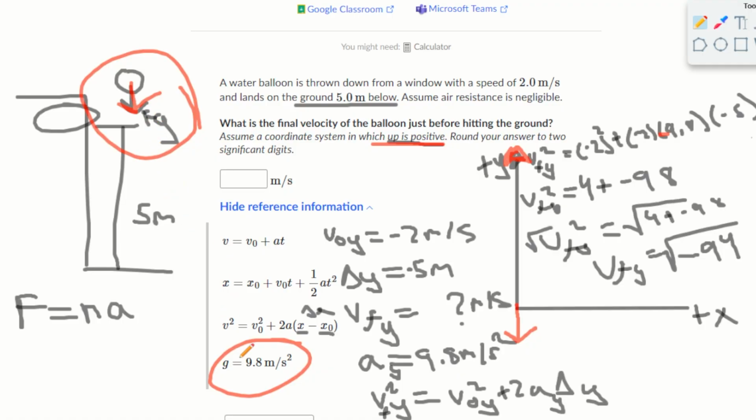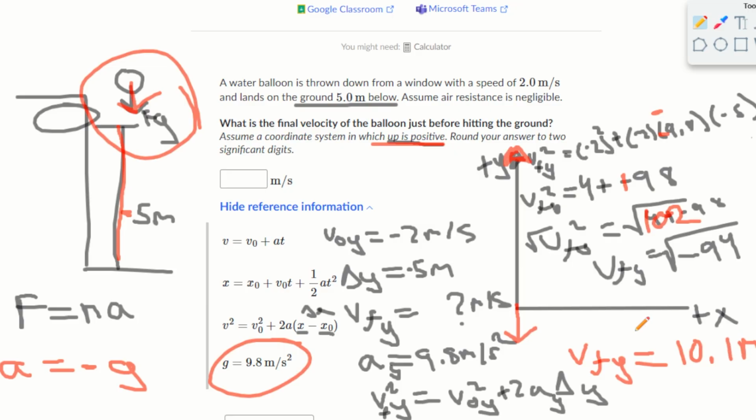So that means our acceleration is equal to gravity, but a negative gravity, since it's pulling it downwards. Just like we said with the delta y, it's negative because it's going downwards. So now, if we plug in negative here, we would get positive 98. Then 4 plus 98 gives us 102. And taking the square root of 102 gives us v final y is equal to